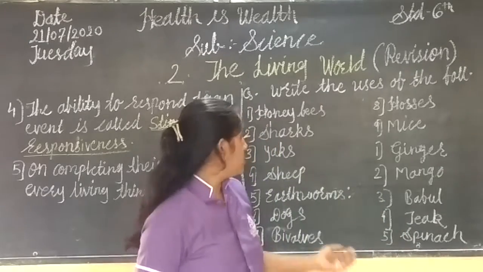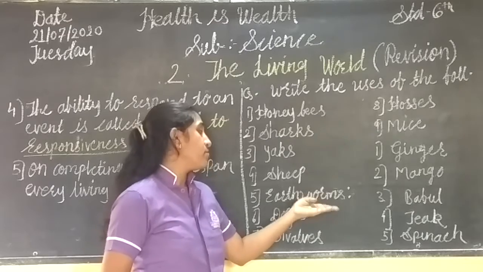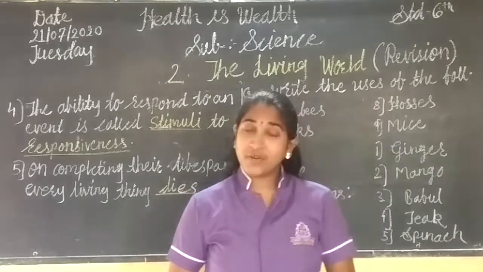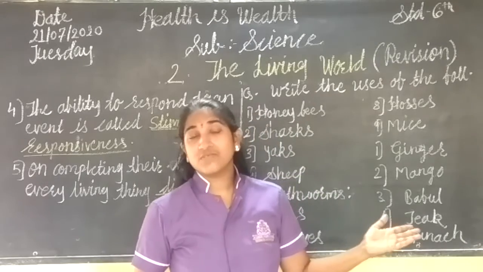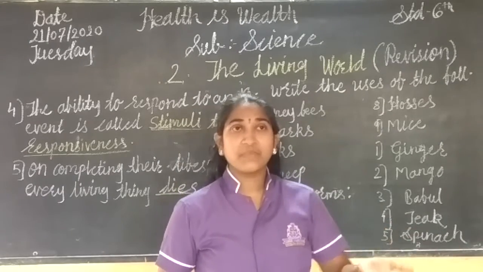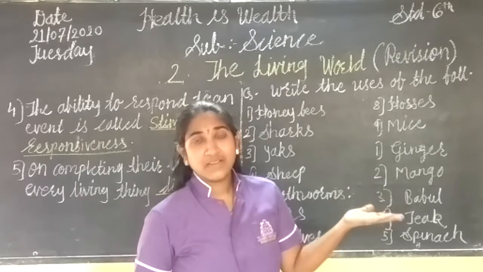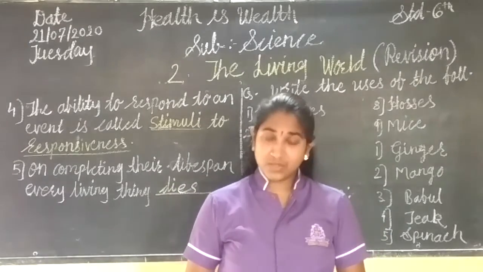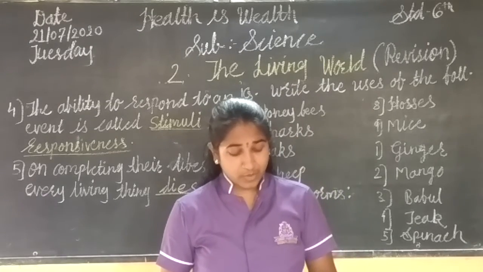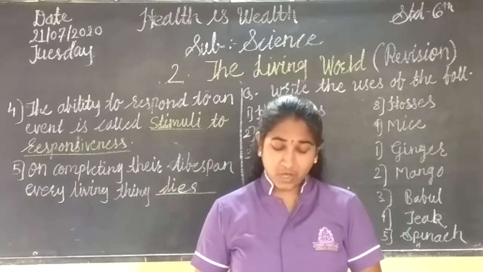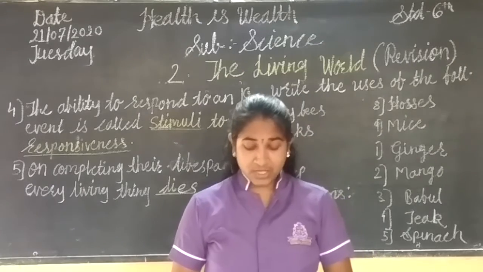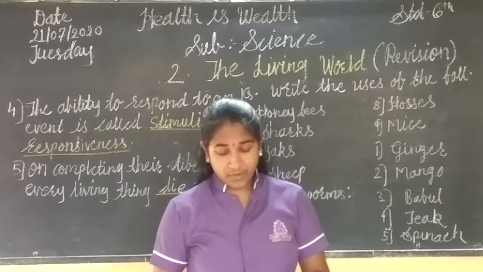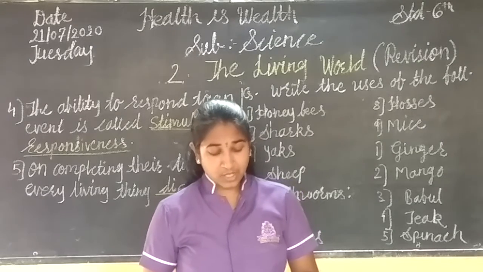Then next is about the earthworm. Many times we see the earthworm, especially in the rainy season, right? Then what is the use of this earthworm? Actually, earthworm is used in agriculture for farming. It is very useful for agriculture. How? See, the earthworm wriggles through the soil. They help in the decomposition of dead and decaying remains of animals and plants. They loosen the soil. With the help of earthworms, vermicomposting of the degradable waste is also done.